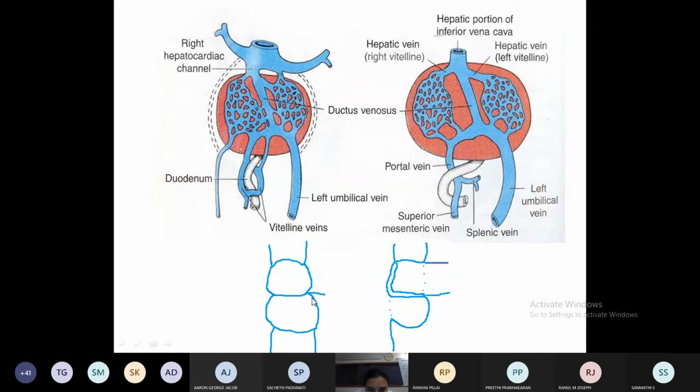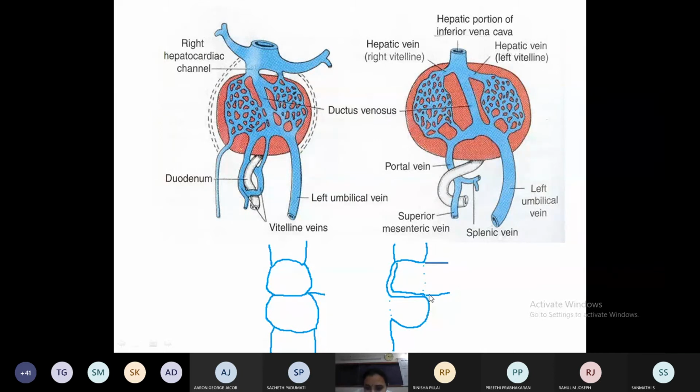So this figure of 8 will form figure of S. The left vitelline vein above the middle dorsal anastomosis will degenerate. The right vitelline vein below the middle dorsal anastomosis degenerates. So this superior mesenteric vein is formed by the right vitelline vein, the caudal ventral anastomosis and the left vitelline vein below the attachment of the middle dorsal anastomosis. So till this it is the superior mesenteric.